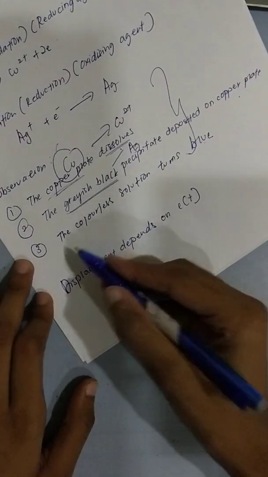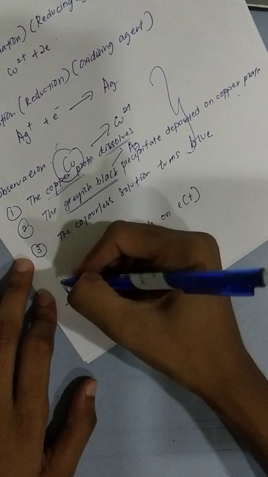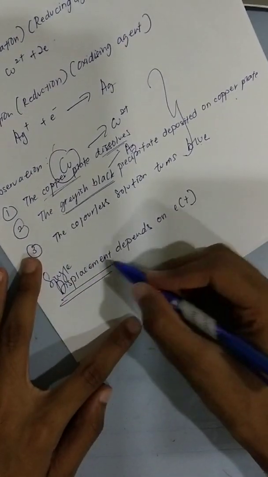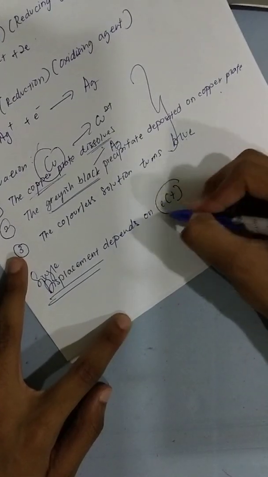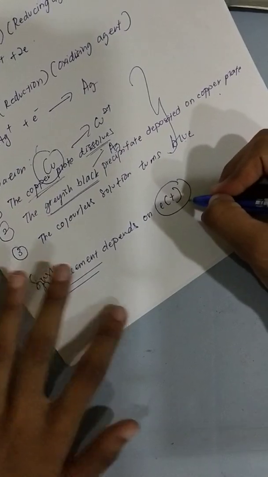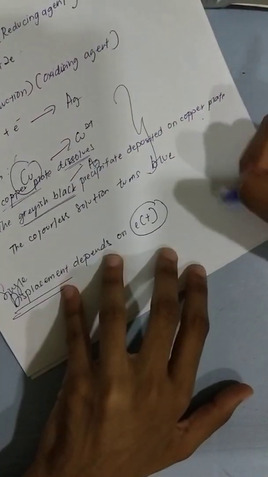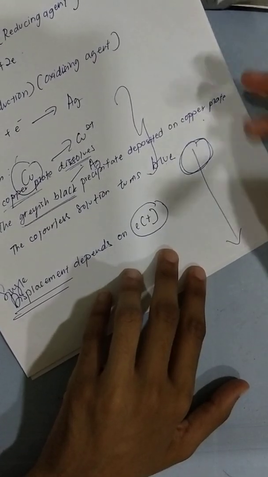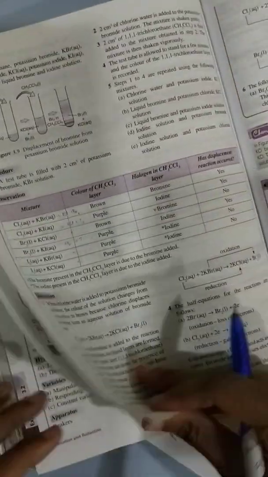Now, overall conclusion. Redox reaction related to displacement is single displacement, because it only displaces one time, right? Displacement of metal depends on the electropositivity. This one is actually based on your electrochemical series. So your most reactive metal will go through oxidation. Now if you look in your textbook, today's topic is on page 401.